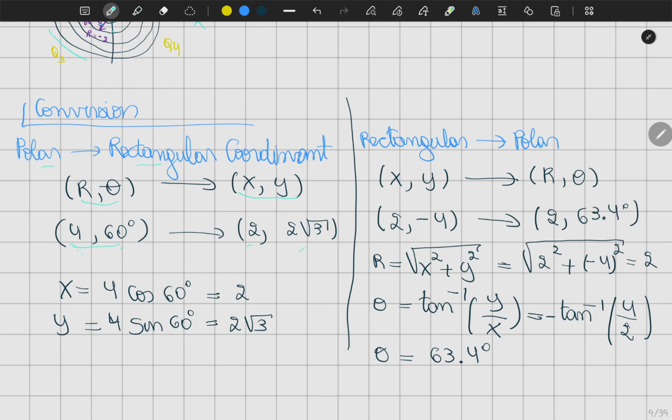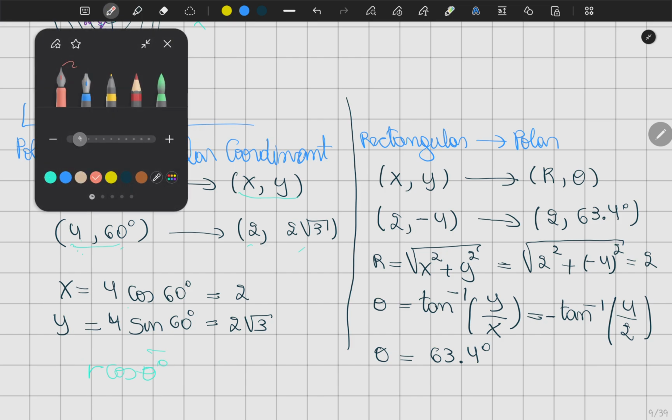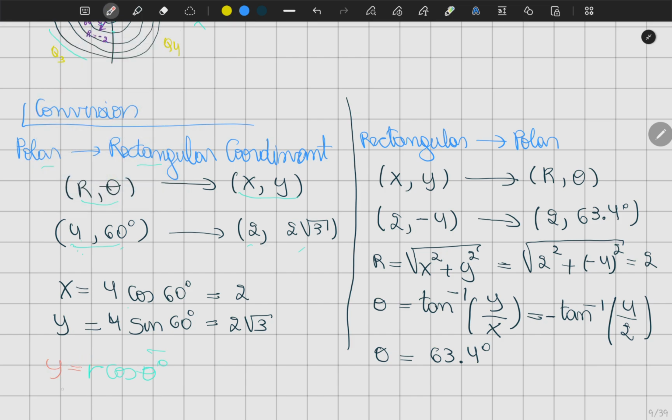We're going to convert the radius of 4 and the angle of 60. So which formula are we going to use? We're going to use this formula that you see here. It's actually r cos of theta. This is the formula that you use here to find x,